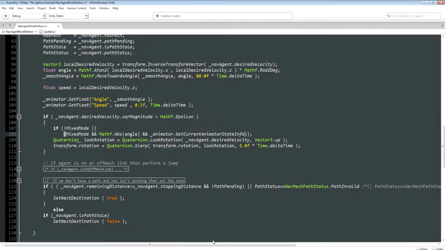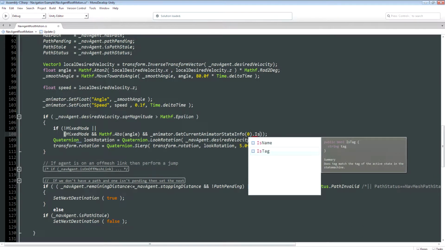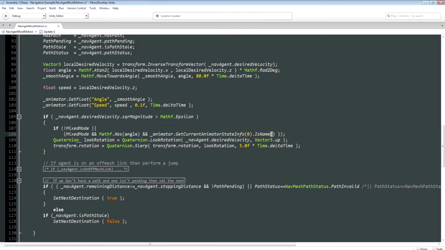So what I'm going to say then is animator.getCurrentAnimatorStateInfo. I pass in as its only parameter the layer index, which is 0, our base layer. And I say then is name, and then I need to pass in the full path of the state, which remember is a string in the format layer.name. So that is a base layer, I think it's base layer with a space, dot